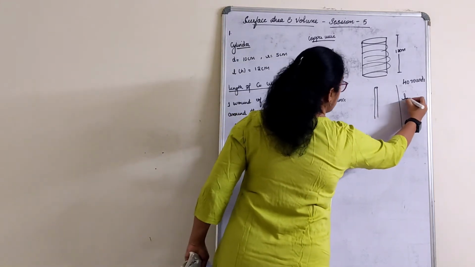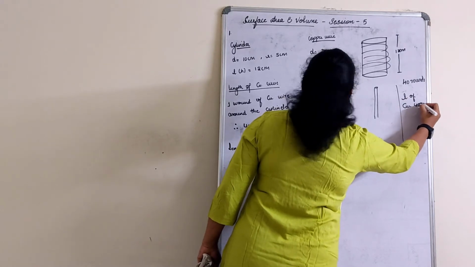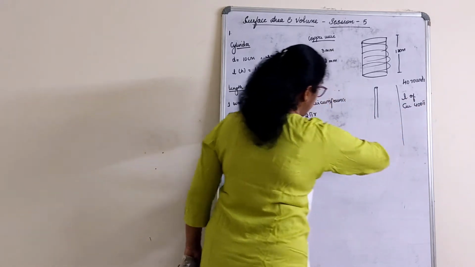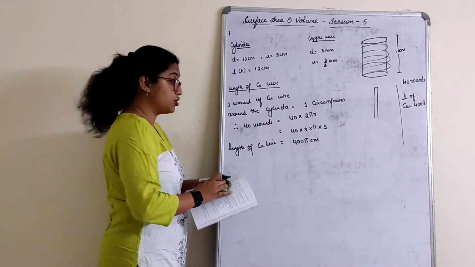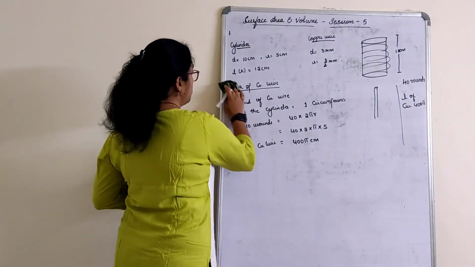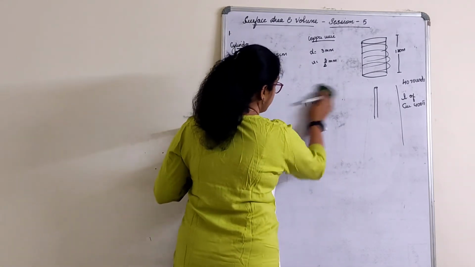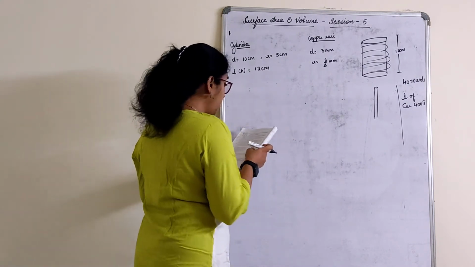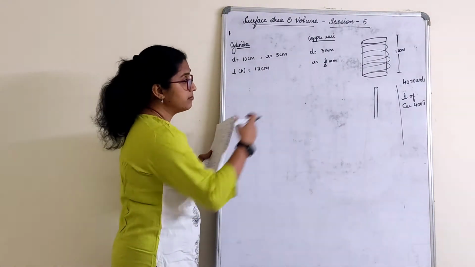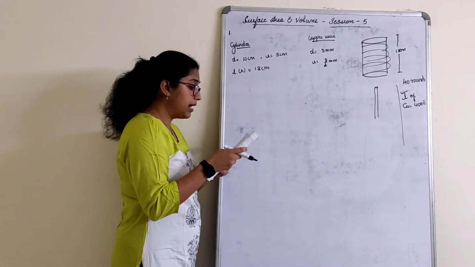Okay. Length of CU is equal to 400 pi. Okay. Next part. I'll erase this, children, again. Still our sum is there. It is not over. Next part. What have they asked now? Find the length. Done. We are completed with the length part. First part is over. Mass of the wire.